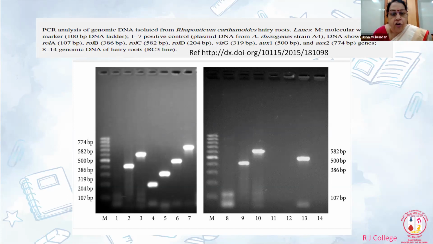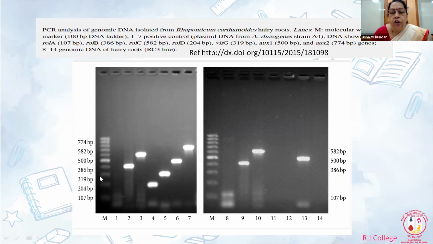As you can see, these are all photographs taken using a CCD camera. How did you get the size of DNA? By plotting the graph of this ladder. For the ladder, you know the size and the distance traveled.